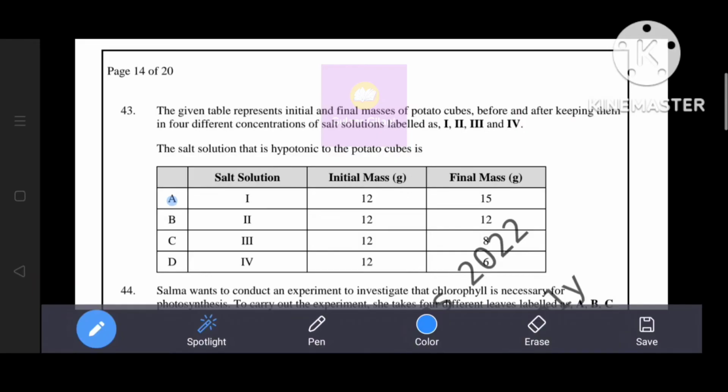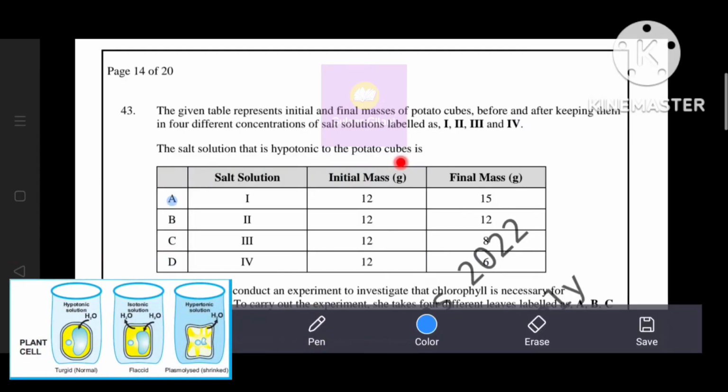नेक्स्ट क्वेश्चन. The given table represents initial and final masses of potato cubes before and after keeping them in 4 different concentrations of salt solutions labeled as 1, 2, 3 and 4. The salt solution that is hypotonic to the potato cubes is,